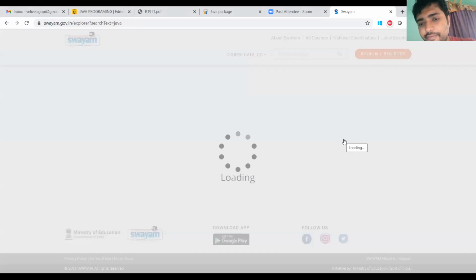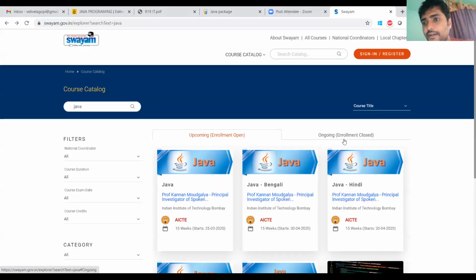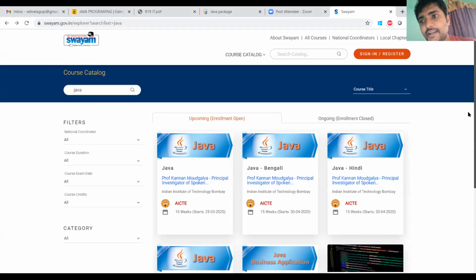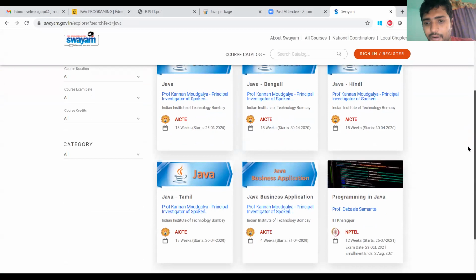Everyone, if you are interested in this course, you can register. If you want the certificate, you can pay the fee, I think 1,000 rupees. For students, there may be some concession. You can register, pay the fee, write the exam, listen to those topics and submit the assignments. Day-to-day assessment will be there, so you can have the certificate.